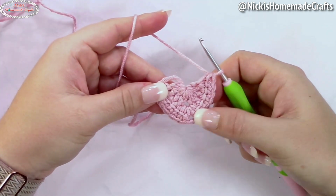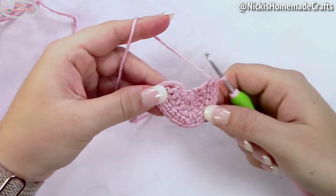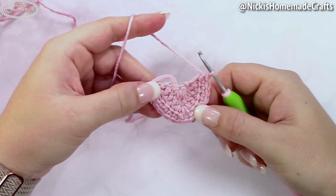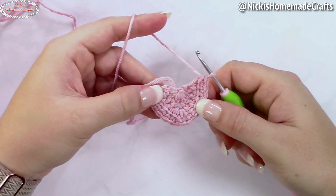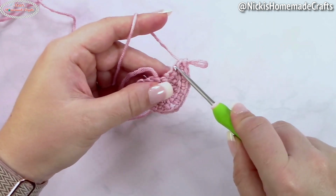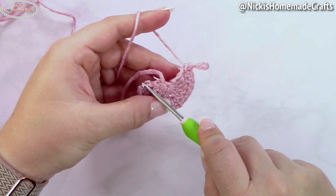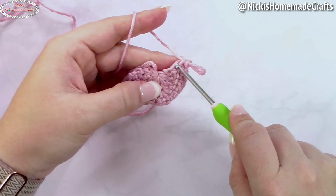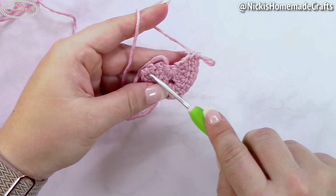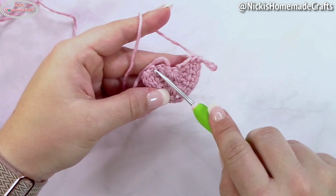Now you will repeat that row 2 as many times as the pattern calls for. So for example, for the bandana, it calls for rows 3 and 5 to be repeated as row 2. That means the edge stitches, whether it's the first 2 or the last 2, are always 2 stitches that you're adding onto it. So you saw I added 2 linked double crochet stitches in the very first stitch and